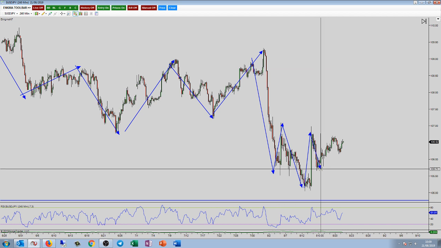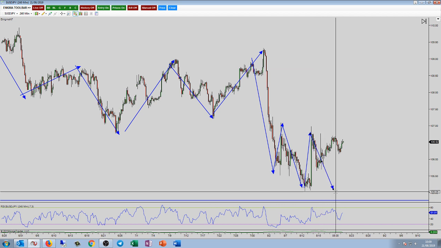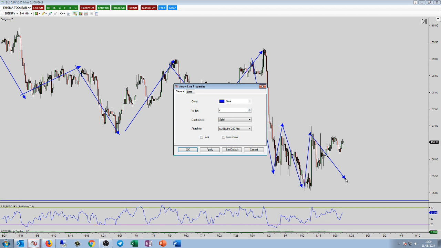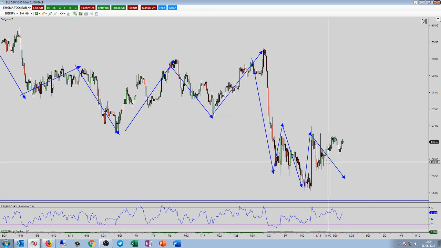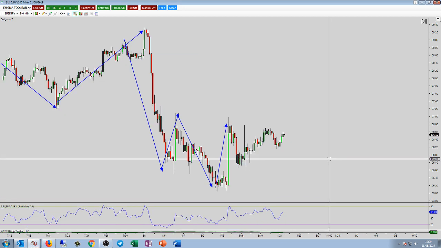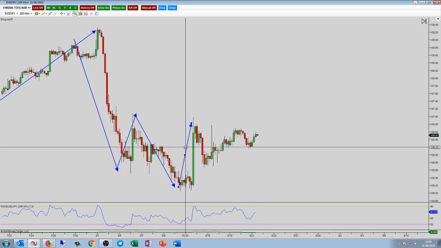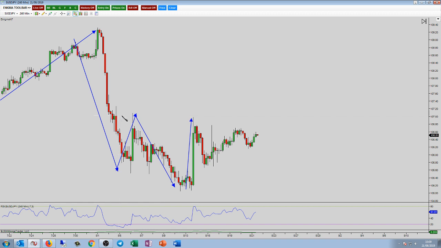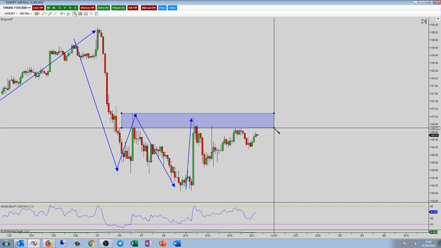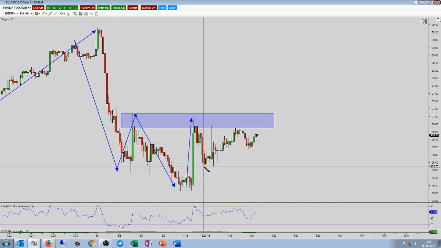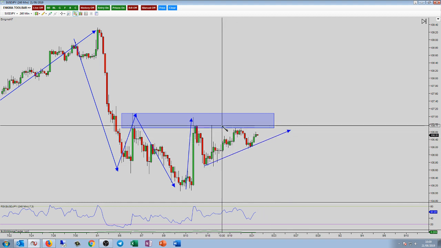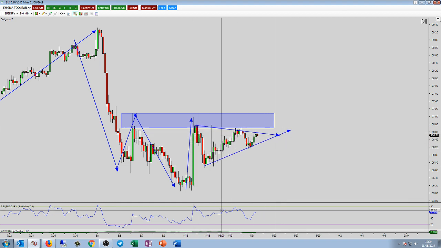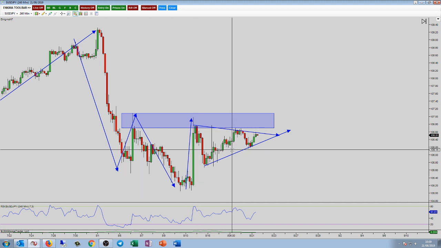And for me, my bias then is that we will actually at some point move lower. However, like a lot of these currency pairs, it's junk and moving sideways. So move higher up into our previous structure level, which is just here, and then we've kind of just been doing this rubbish. This wouldn't be a breakout pattern for me.